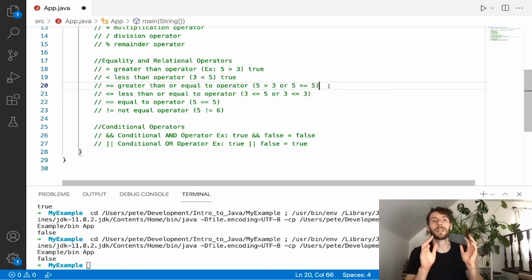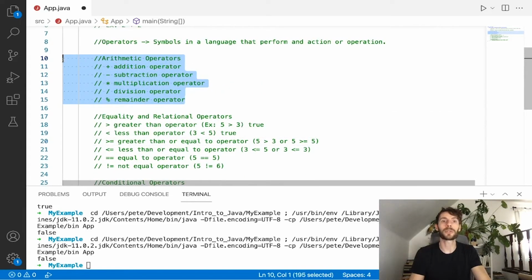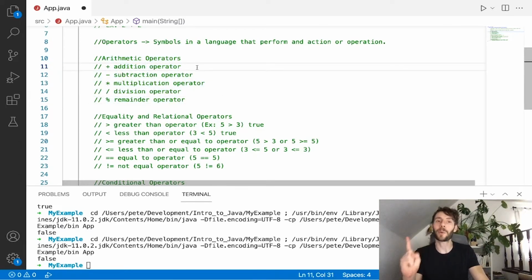So with these equality and relational operators and conditional operators, which also produce Boolean results, you can think of these as Boolean operators because they produce a Boolean result. Whereas our arithmetic operators produce a number, right? They're going to produce an integer, except when, and there's one trick here,